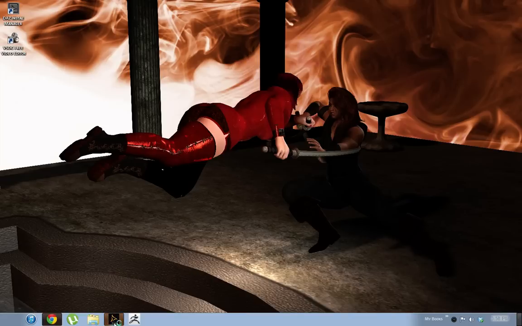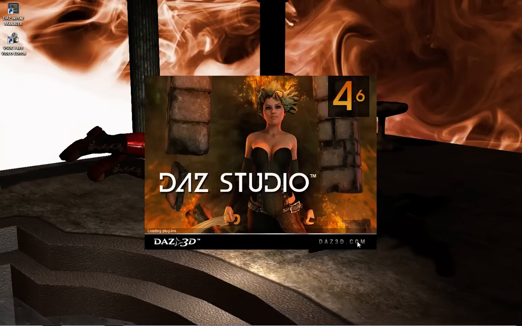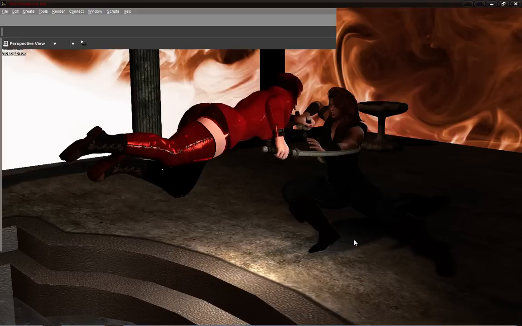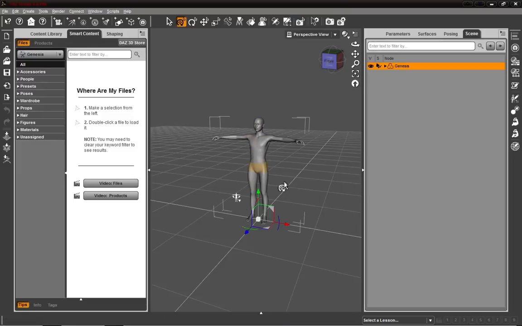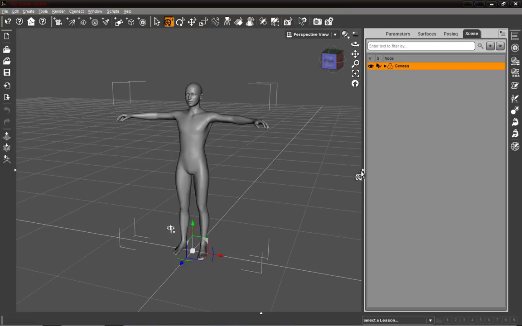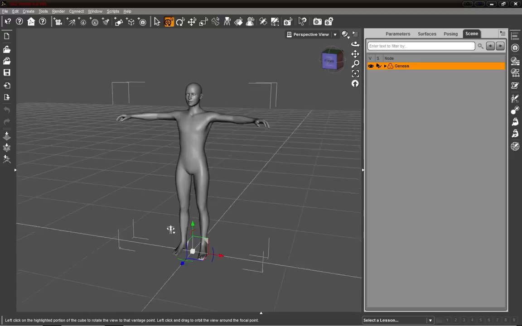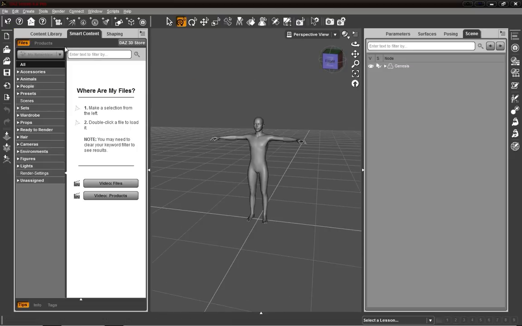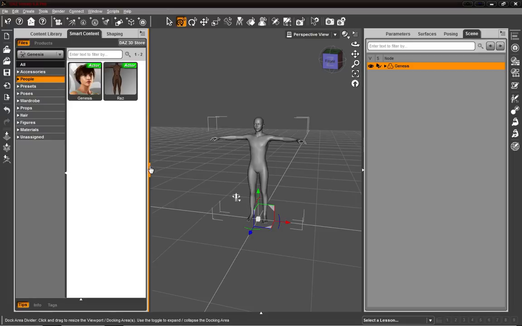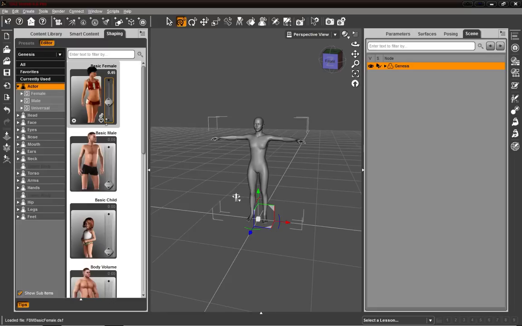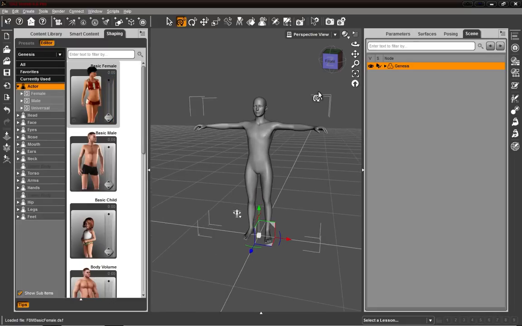So what we do is we open up our Daz Studio 4.6. And then it takes us to just the base mesh, which is our actor. As you can see, we have our people, and this is the one we were using. It loads it in there, and many people, such as I, like to sculpt on something and make